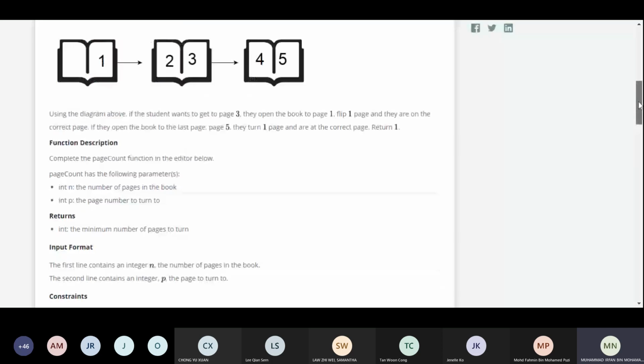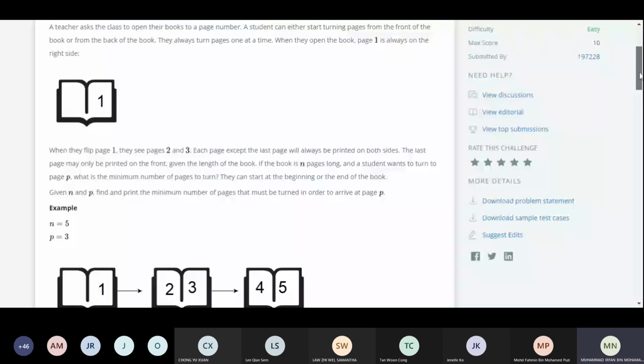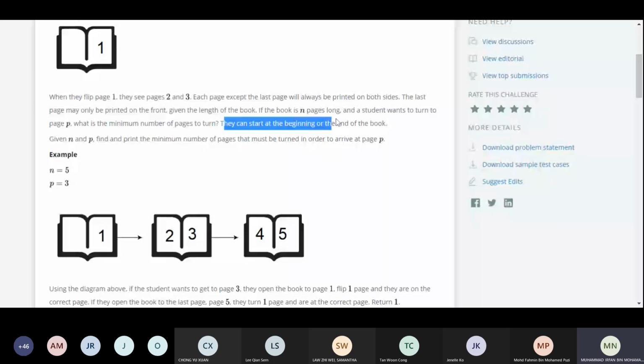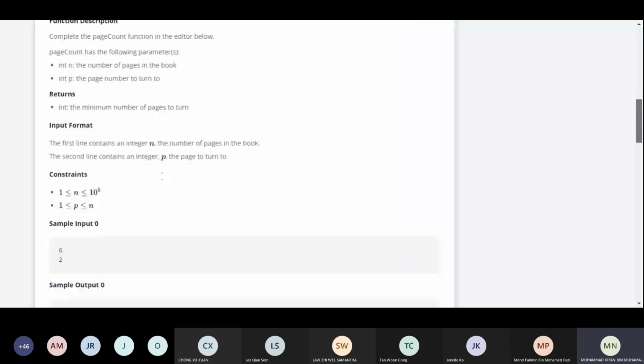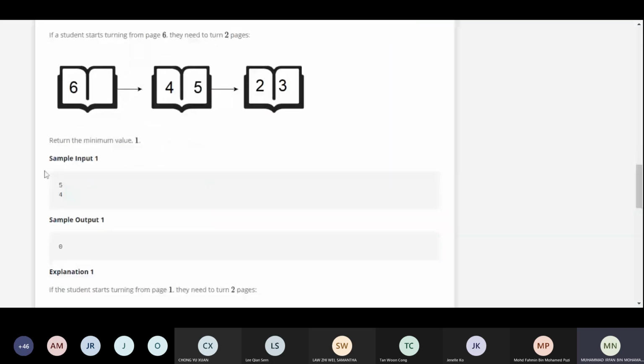So that's one example. It's also stated here that they can start at the beginning or the end of the book. Now, the sample input 1: for example, you have a book of 5 pages and you want to go to the 4th page of the book. Then it will return 0,